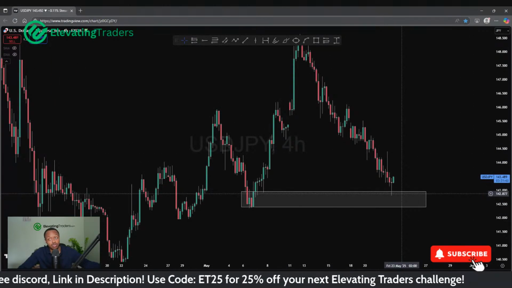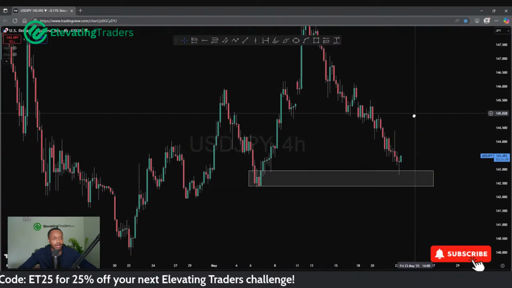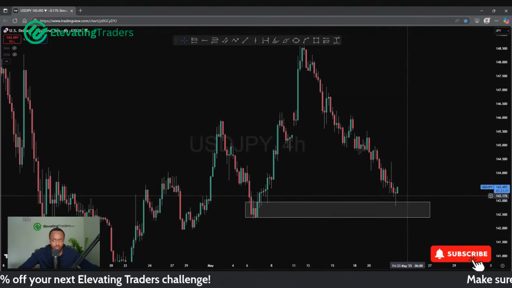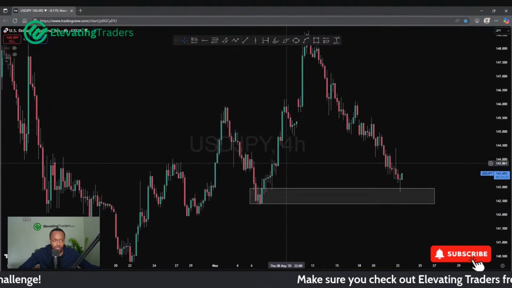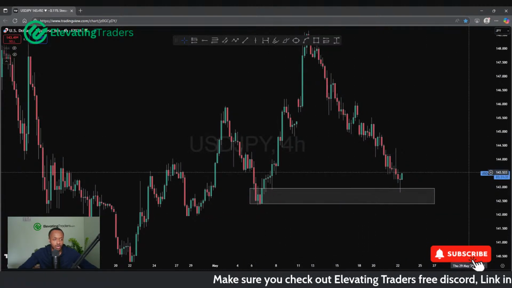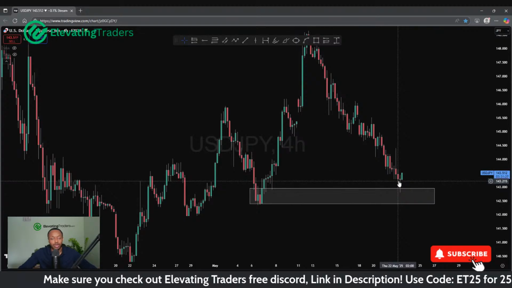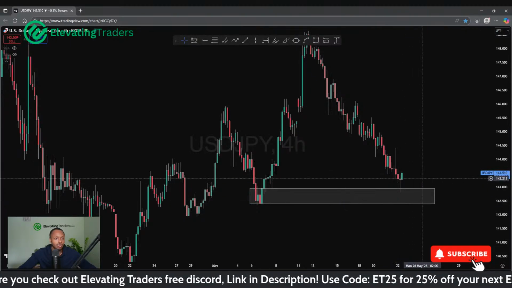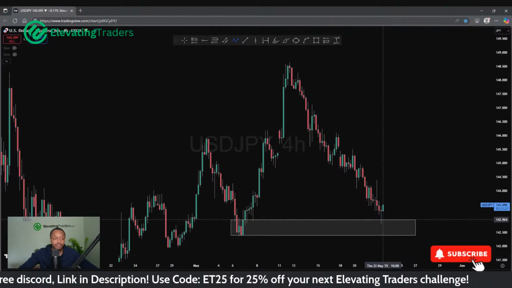I still think it's a good place to buy the market. Certainly would not be looking to sell dollar yen. We've already had a big move. One, the market is a bit stretched, and two, we're coming into this swing low, which we did see a lot of bullish pressure into the market. So this is still an area, if you're looking to trade dollar yen, which buys look good from. But now my targets, my aspirations for the move have changed.